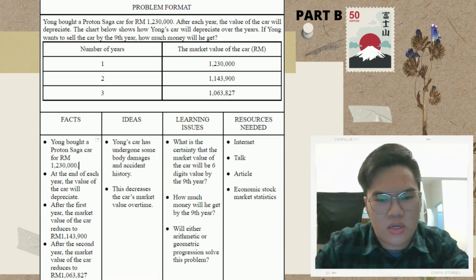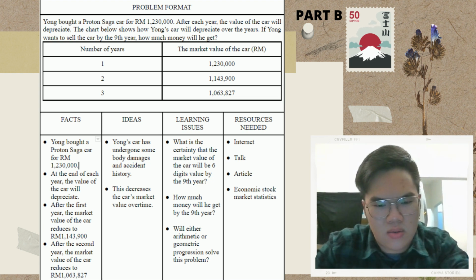As for the second question, the facts for the second question are: Young bought a Protosaga car for 1,230,000 ringgit. The second fact is that at the end of each year, the value of the car will depreciate. After the first year, the market value of the car reduces to 1,143,900. After the second year, the market value of the car reduces to